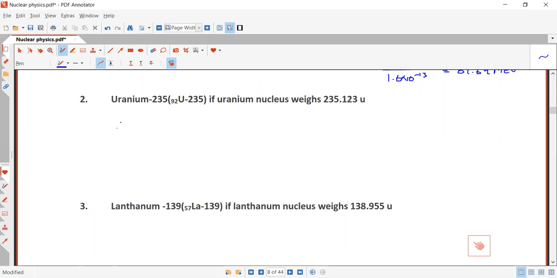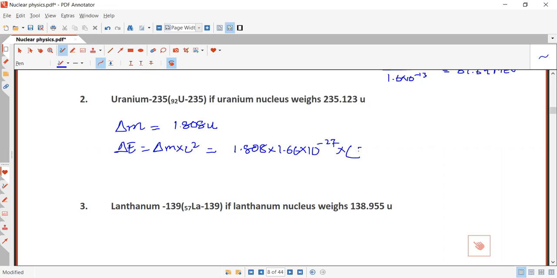The mass defect calculated for uranium previously was 1.808 u. If we want to calculate the binding energy, it is delta M times c squared. So it is 1.808 u, the conversion factor is this, and then this is the speed of light. Right, so if we do it,